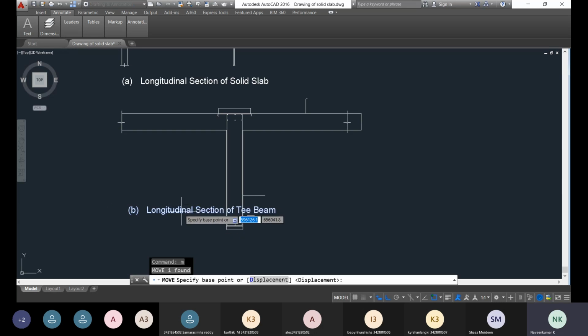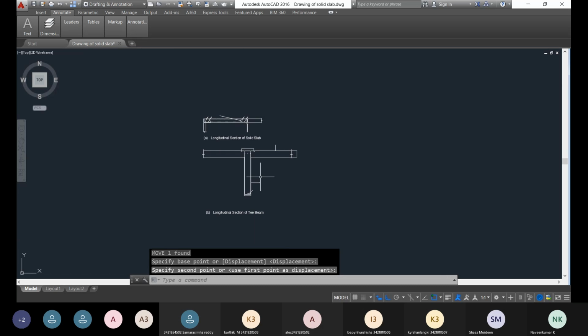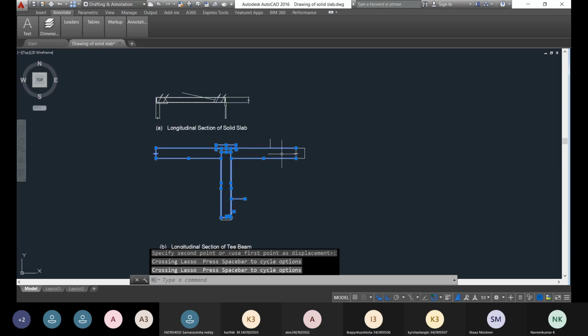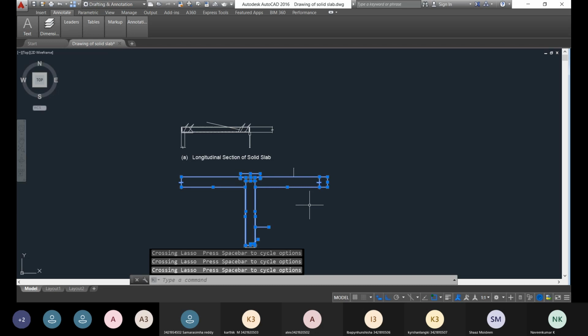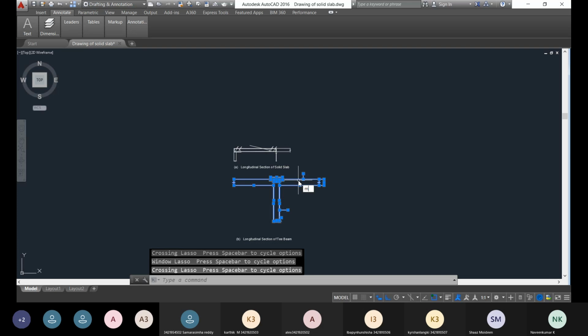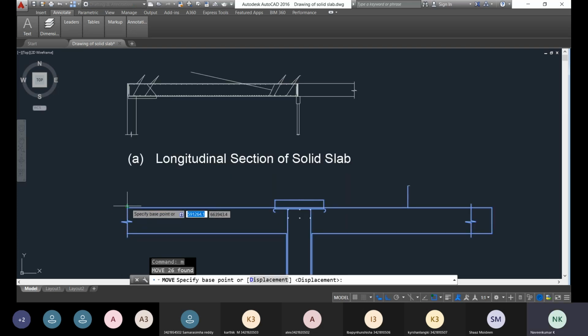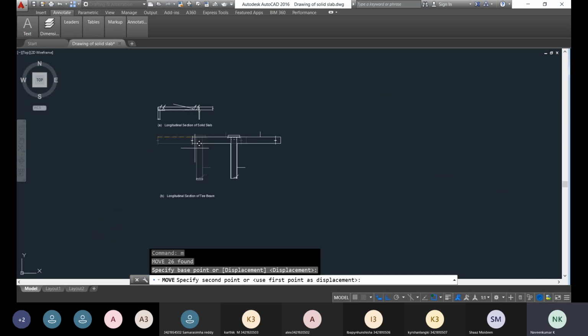You move this label here, to some place away from this. Now you try the scale option.